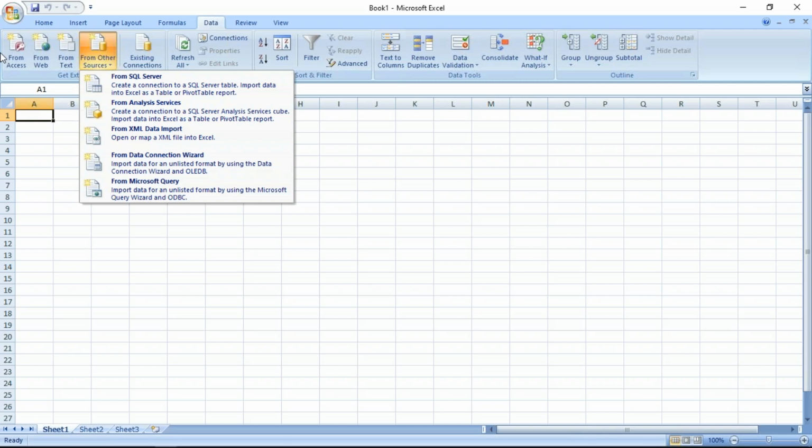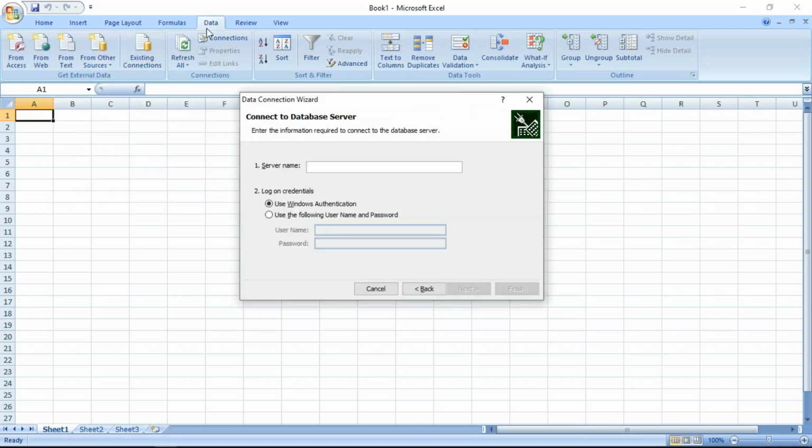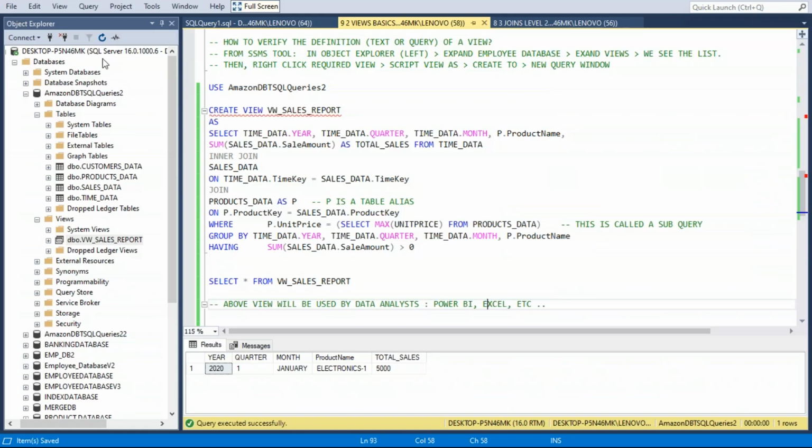If you see the get data button, you'll see database. In database, you'll see SQL Server or other sources, SQL Server. Somewhere or the other, you'll see database and SQL Server options. Click data ribbon or data tab, get data, either database or SQL Server. Any option, in one of those options, you will see